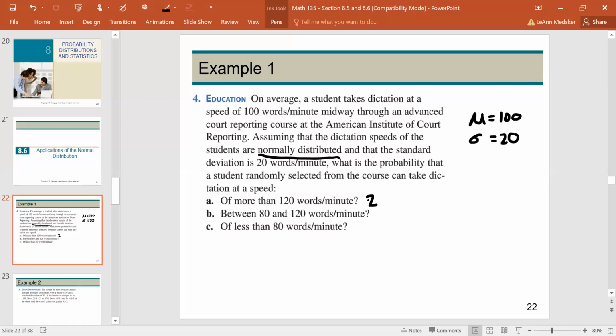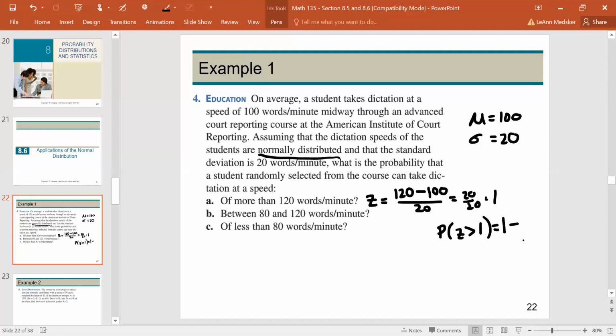So first you have to get this into a z-score to be able to use it, because everything that is normal can be standardized. Remember, it's the item minus the mean divided by the standard deviation. So this would be a z-score of 20 over 20, which is 1, and we're looking for more than. So we're looking for the probability of a z-score being greater than 1. Anytime it's greater than, you can either look up the negative or opposite sign and get the percentage right away, or you can do 1 minus the probability in the chart, which if you look up 1,